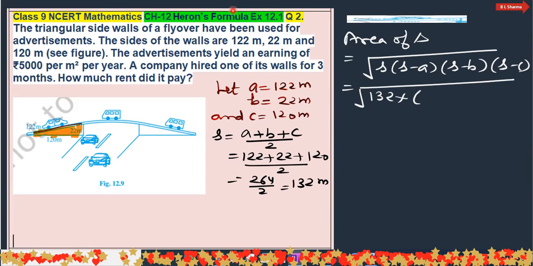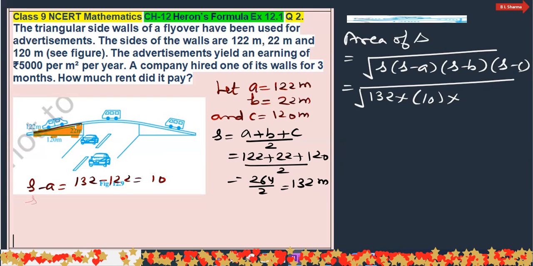S minus A, we can calculate the side. S minus A, that is 132 minus 120, that is 10. So we can write here 10 into